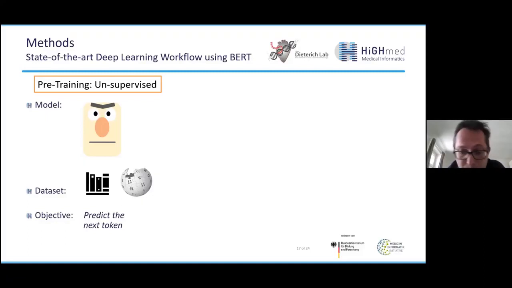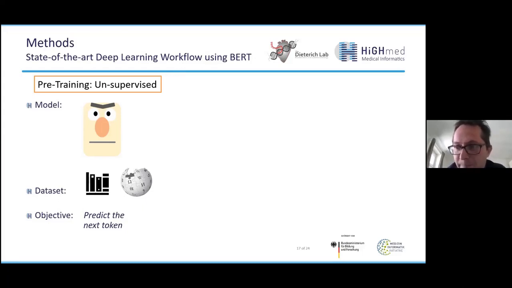Then the BERT model will take some input sequence and predict the next token, and we'll have a look if it is right or not. And then the parameters will be adapted. So finally, after such a training process, you will have a pre-trained language model with a BERT architecture, which is basically understanding how Wikipedia language works. This has to be said, because of course the model learns the language of the input data. So if you give it, for example, the Bible as an input, most probably it won't perform that well.